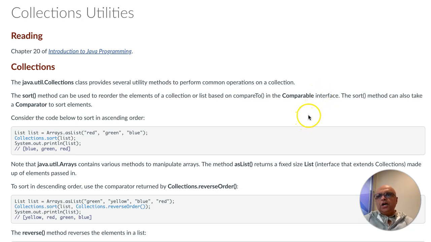In this lesson, we will talk about collections utilities in Java. So specifically, we will talk about the java.util.Collections class that gives us several useful methods to perform common operations on collections. For example, the sort method, provided by Collections, can be used to reorder elements of